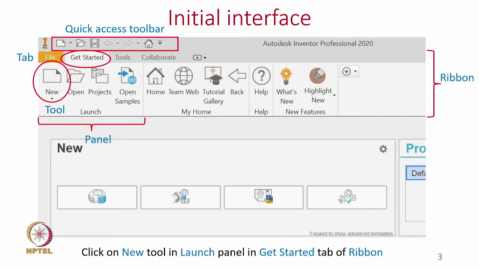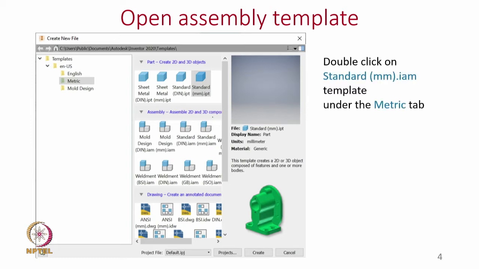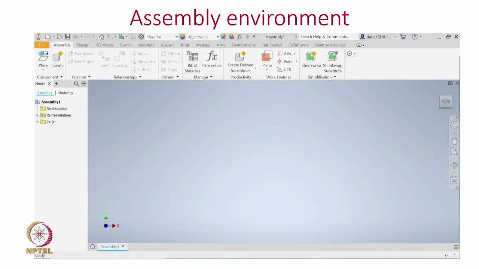Once you click on the new tool, we get a dialog box where we can select what templates we want to start with. Once we go to the metric templates, it suggests whether we are looking for a part model, an assembly model, or drawing as well as presentations. Once you select the standard mm.iam, we then enter into the assembly environment.